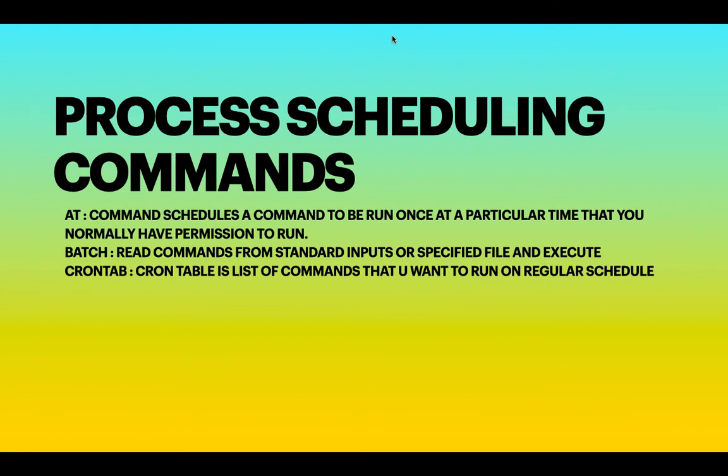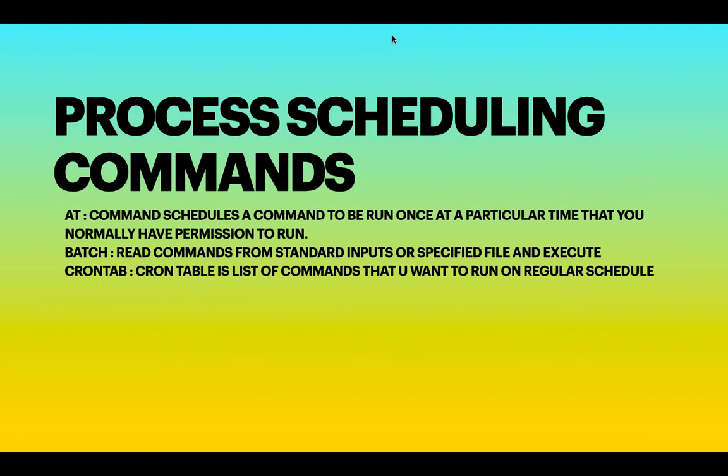A particular command I want to run once at a particular time, or when I'm giving a permission to run, that particular command has to be run at 10 o'clock. Or if I have to set a reminder in the system, like a complex script, say I want to teach the matrix program or shell coding, I can use the at command. Inside the program itself, I can code that at 10 o'clock I want to execute this command automatically, or execute the complete program and explain to students. So I can schedule using the at command.